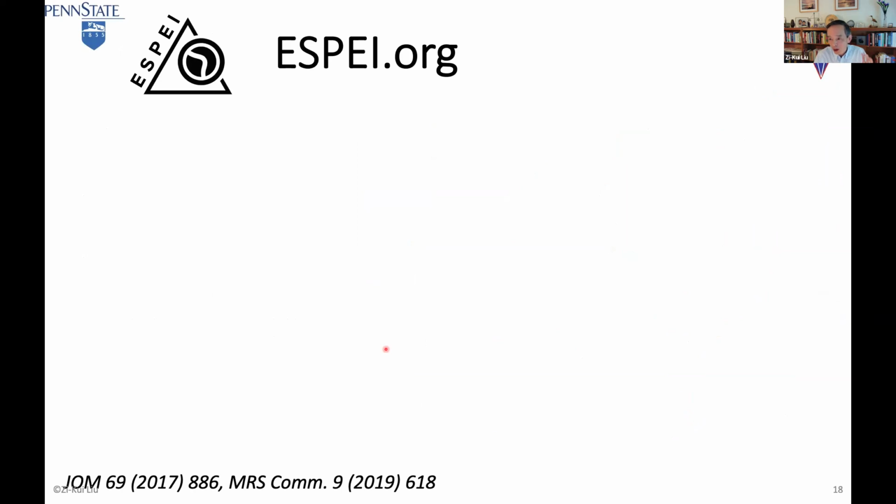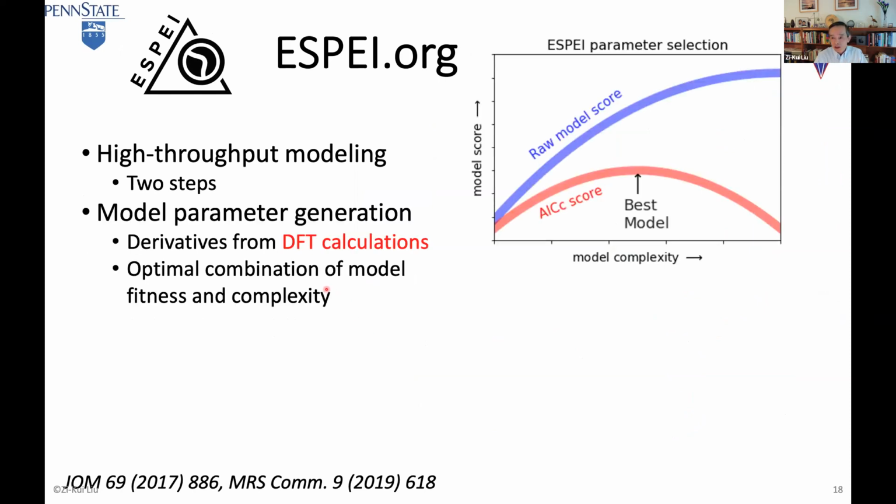Now comes the next step. Now we get all the data, right? We need to develop a database for multi-component systems. We have two steps to do that. The first step is almost exclusively DFT data: free energy, with stable and non-stable structures and configurations. Because we have so much data from DFT, we have to be sure that we don't overfit. So we want an optimal combination of model fitness and complexity. You can of course fit as well as you want, but then your model is not a good extrapolation. But if you can balance it, then you get good fitting and good